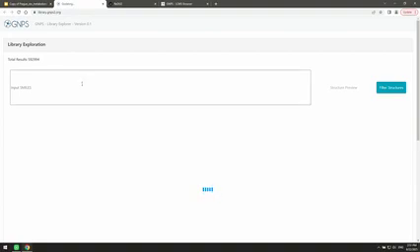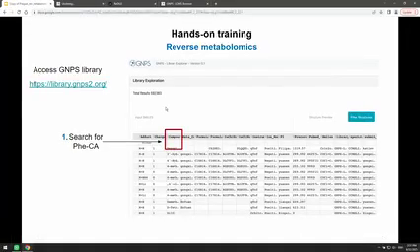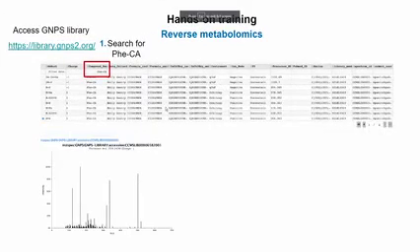So hopefully it works. I don't know, something weird happened. So when you search for this phenylalanine, you will get